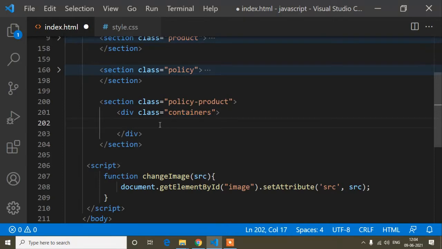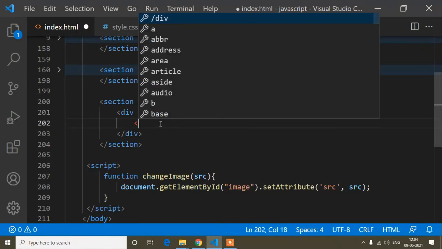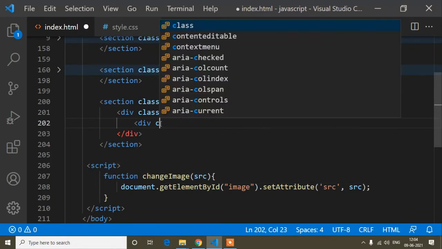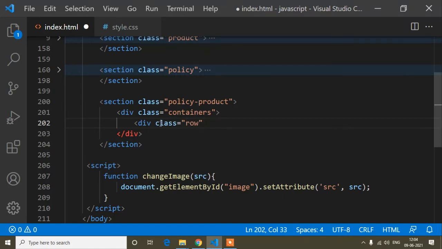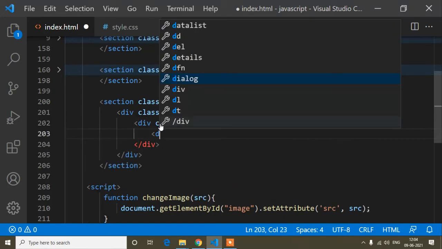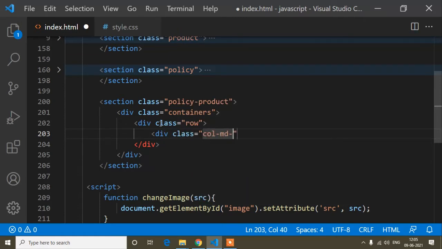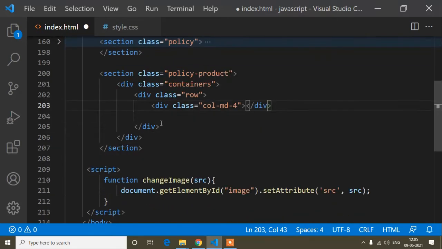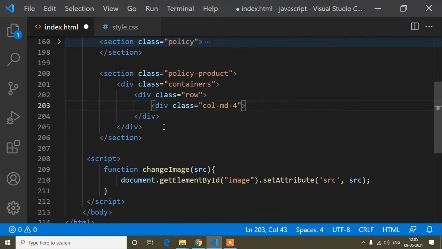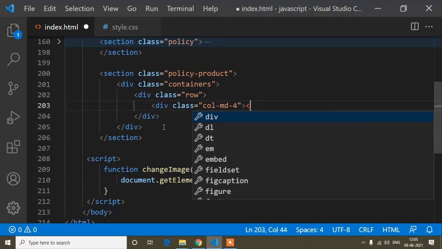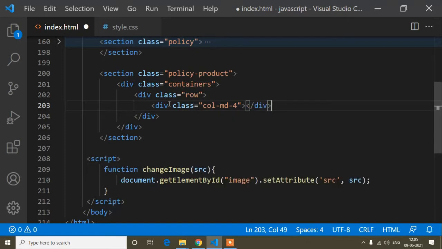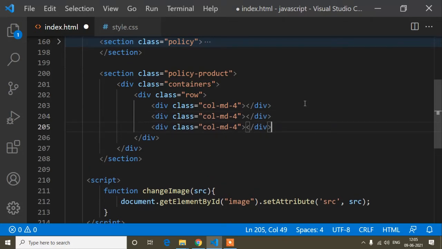So first of all, in the same way, I will create three columns. So div class row, and inside this row, I will write div class col-md-4, this one, and now this col-md-4 I will copy and paste two more times.